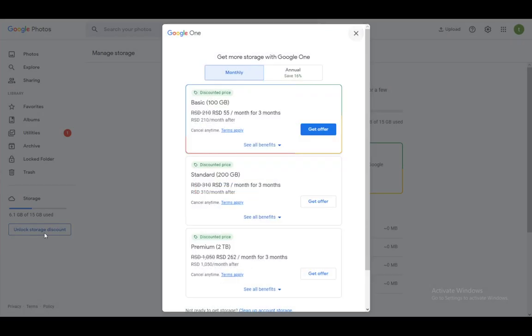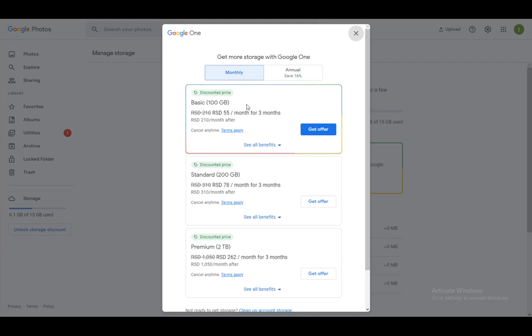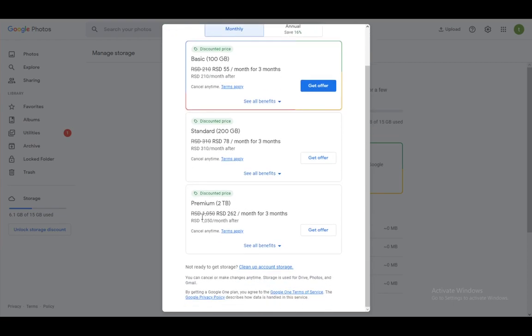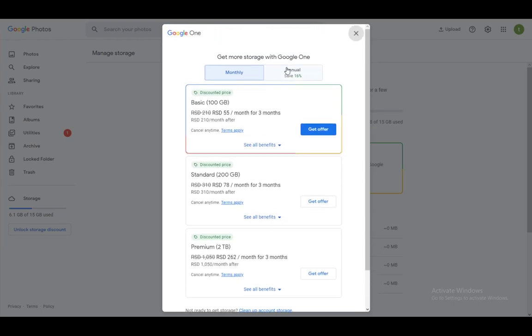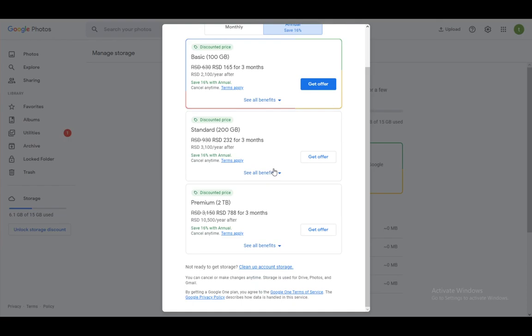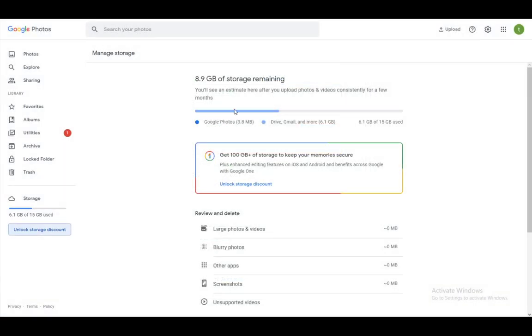If you go into unlock storage discount, you can here see any monthly payments or monthly subscriptions which you can buy to gain more space, the lowest being 100 gigabytes and the highest being 2 terabytes. You can also do an annual one where you can save 16% for the subscription, and that is pretty much it. You just buy one of these, subscribe to Google, and you will have more storage, and that is pretty